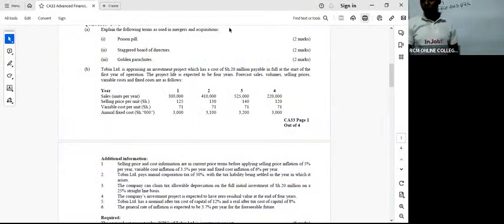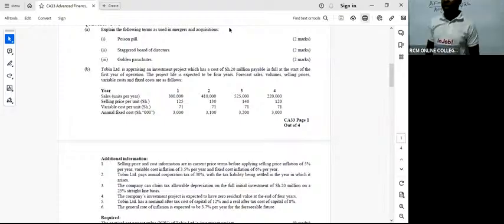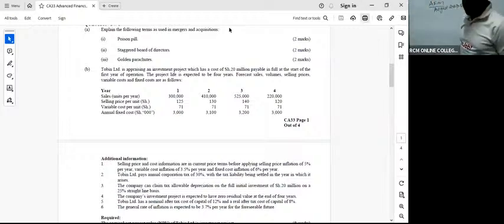So we are revising August 2023 question 2B, the concept of NPV under capital budgeting. So the question reads like this. I hope you have your copy. So Tobin